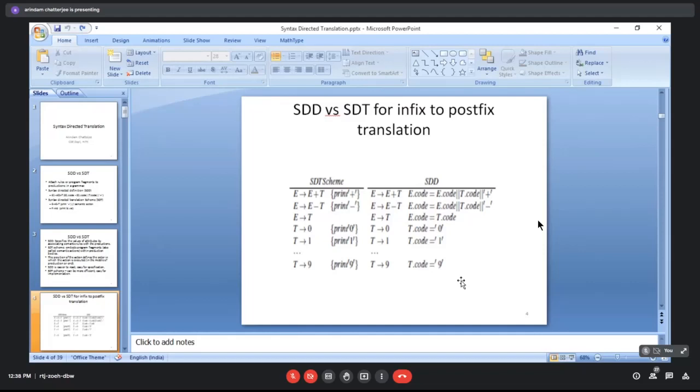Okay. And whenever it gets a 0 or 1, it prints the operand first. And then that means if you have an expression like this,